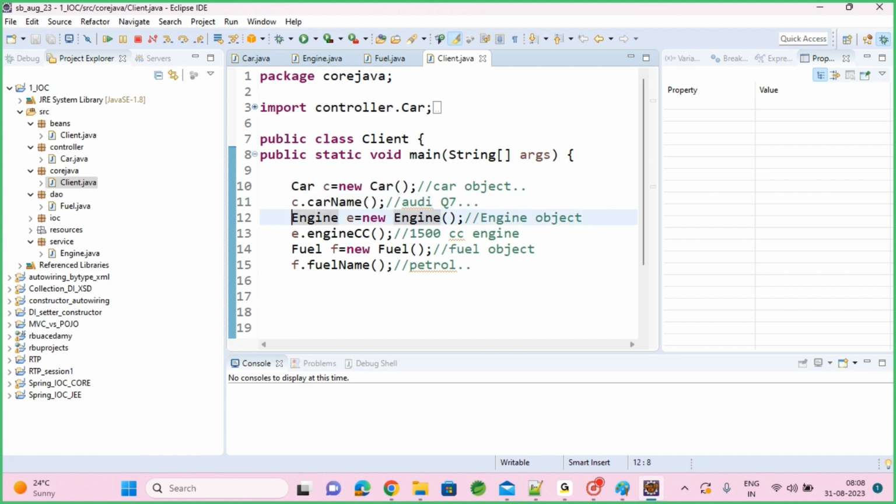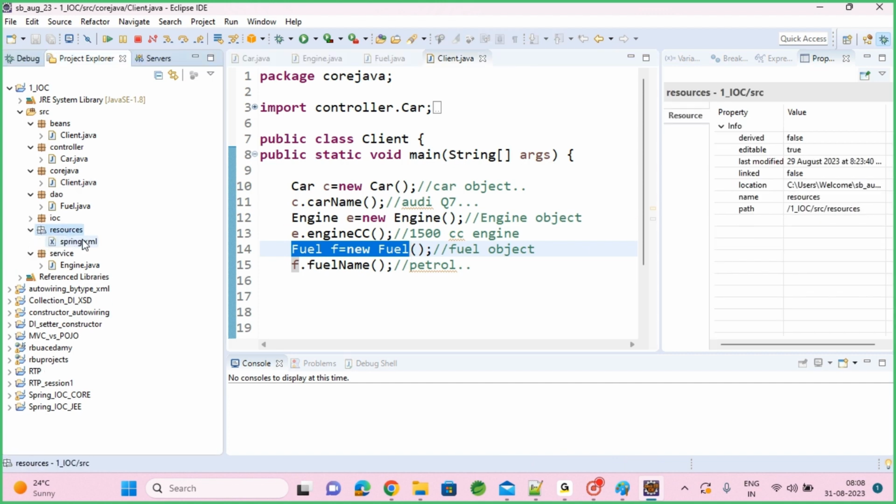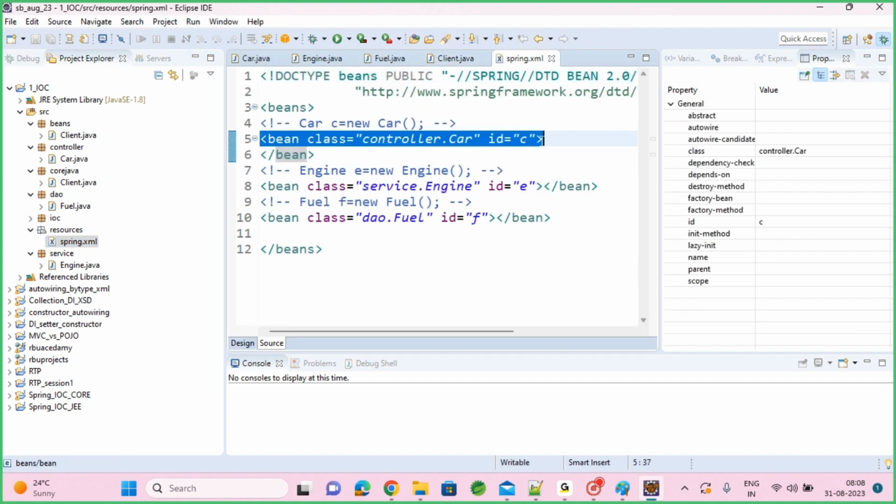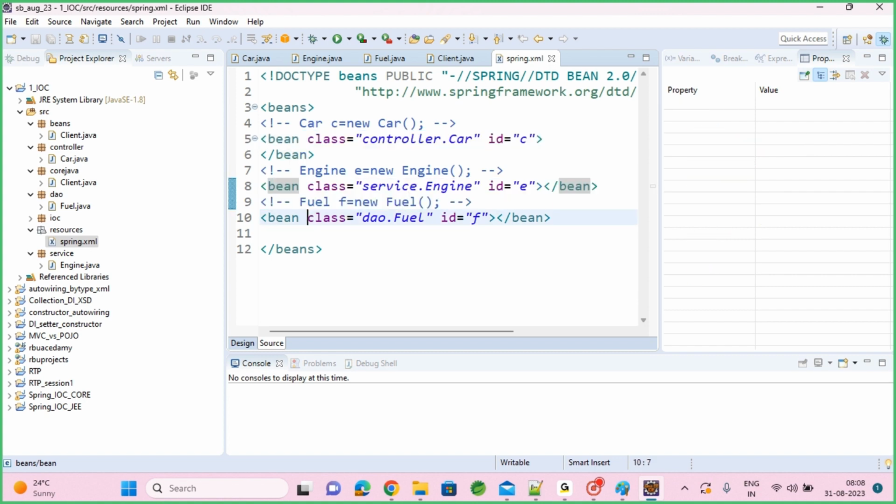We can call the engine object and engine methods. We create the fuel object and call fuel methods. But this object creation headache, we wanted to leave to frameworks. So frameworks will take that responsibility. Just what you need to do is configure your classes in the Spring XML file, and when you load this XML file,